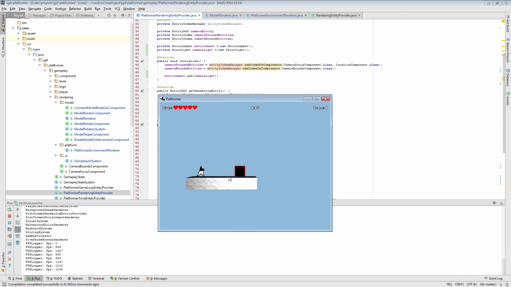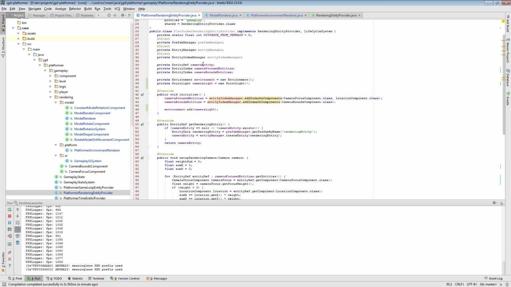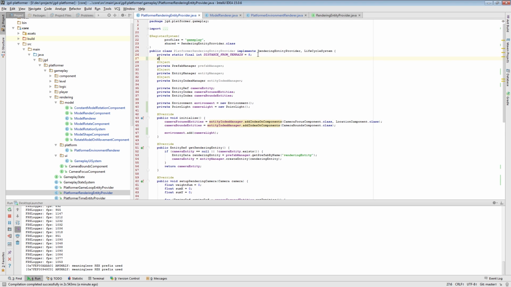Also, the top part of the platform is not lighted. That's because the light is coming straight from the camera. So let's maybe move the light a bit above the camera. So let's do that. We'll add here like camera light